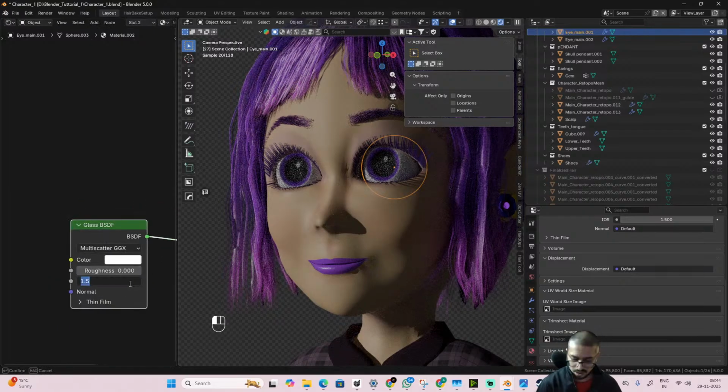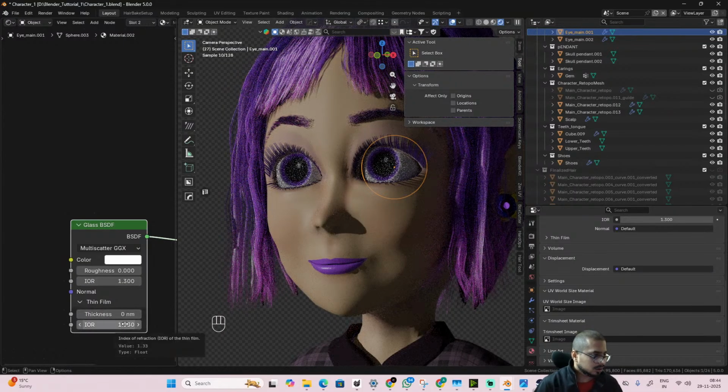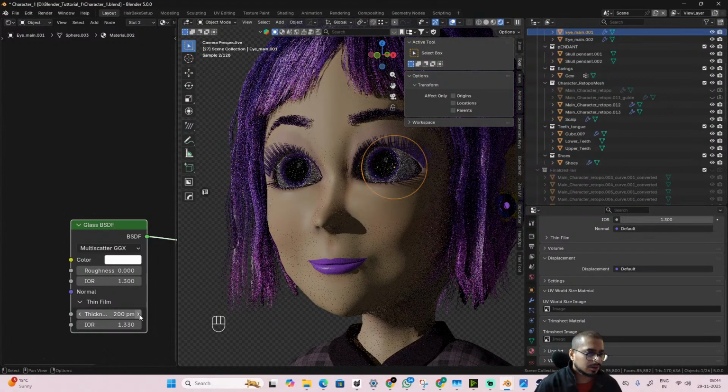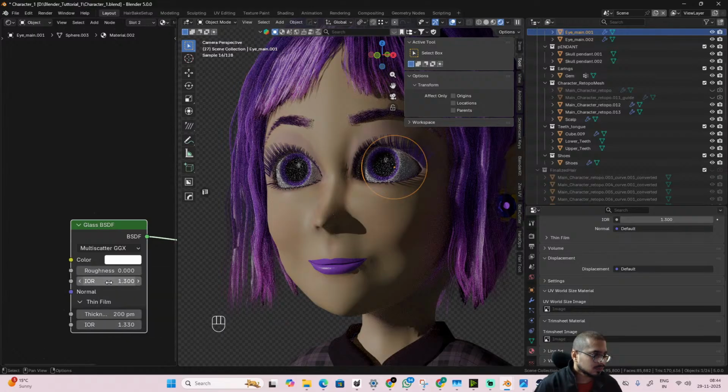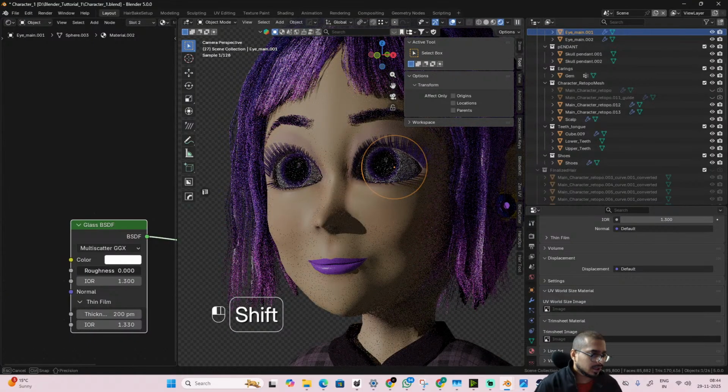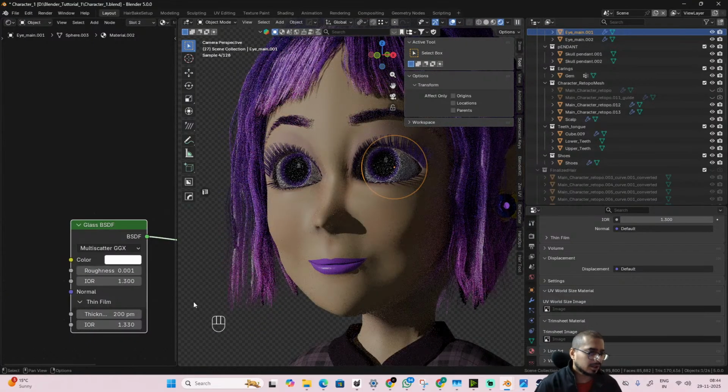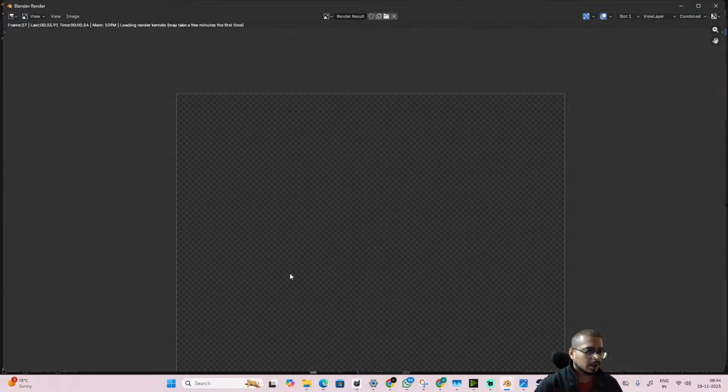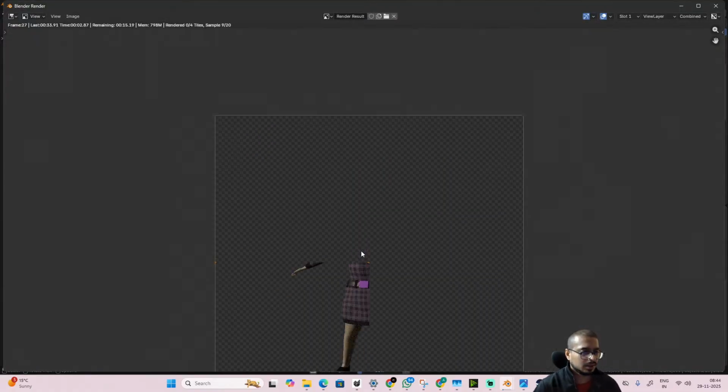And I'll change the IOR to like 1.3. What if I add a thickness? Add a very minute thickness, somewhat like 0.01 maybe. Take out a render again, and we'll check